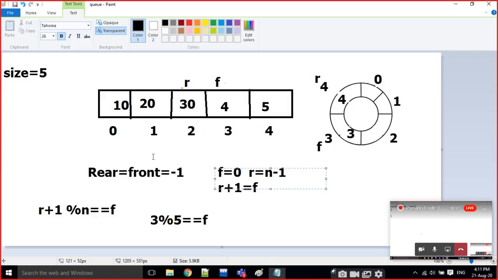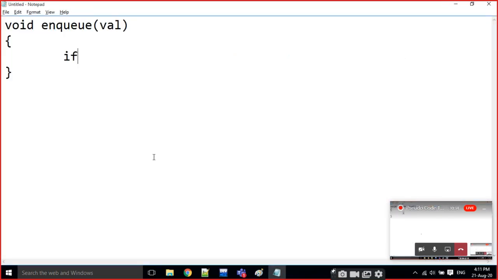We have to check whether the queue is full or not. What is the condition for that? If R plus 1 mod N is equal to front, that means we represent that the queue is full at this position. Yes, the queue is full at this position.